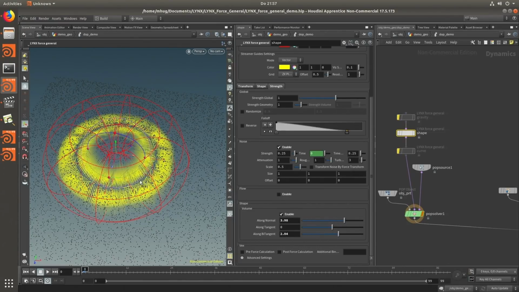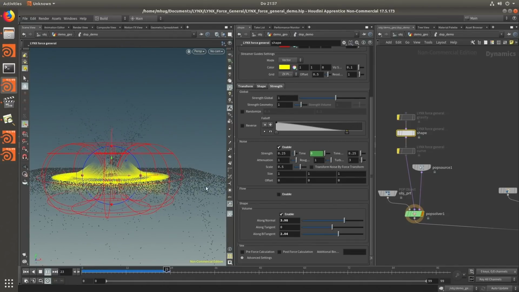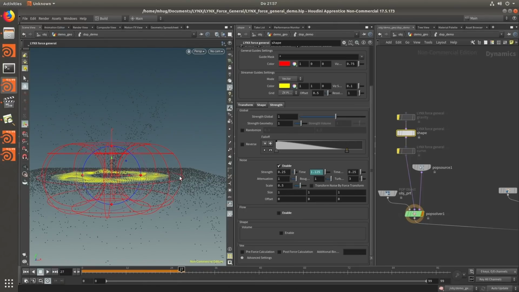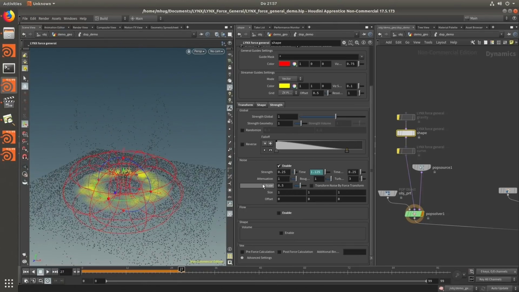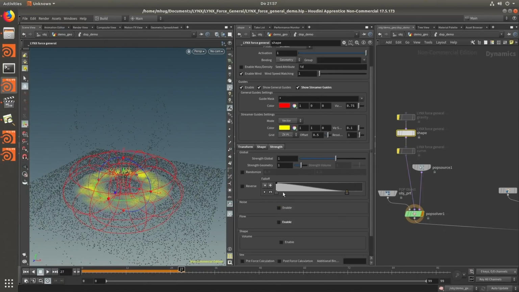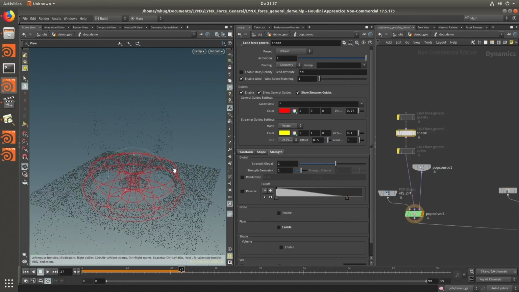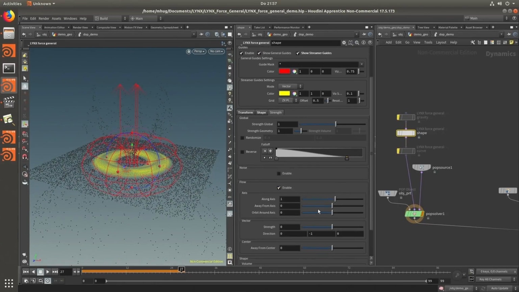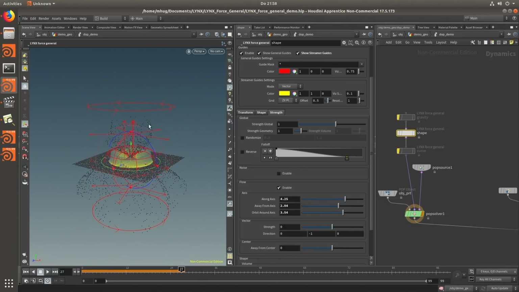Or around, if I want to. So let's see if we can see that. Well, it's a bit hard to see. Yeah, the rest is pretty self-explanatory, I would say. Up here, you can also mask your visualizer. So let's say if I tweak and turn on all of these things, I have a bunch of controls, and